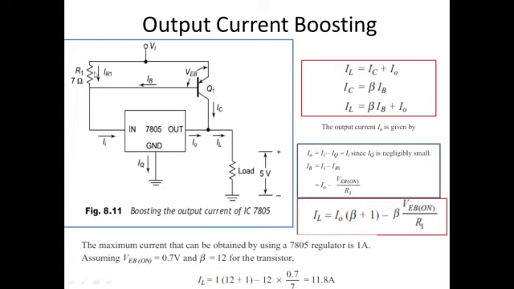Okay. So now when the input current is very low, when the load requires a very small current, this IR1 will be very small. When this IR1 is very small, the drop across this resistance will also be very small. When it is small, it cannot turn on this transistor, because that voltage appears directly over here. If that voltage is less than 0.7 volts, this transistor, which consists of a PN diode, cannot be turned on. So the current will be delivered directly by your 7805 IC.